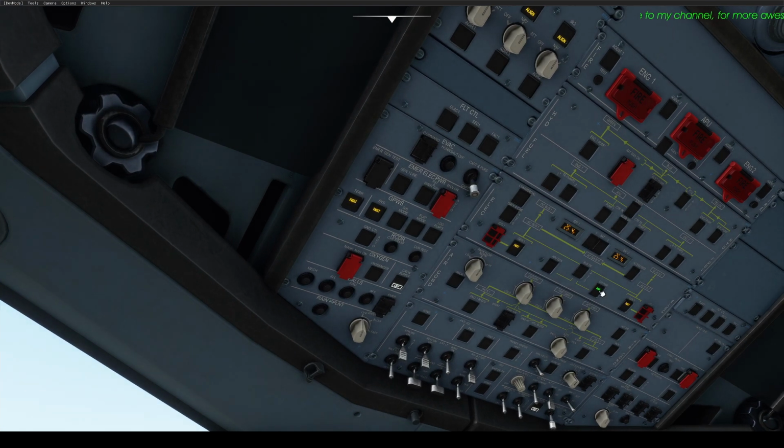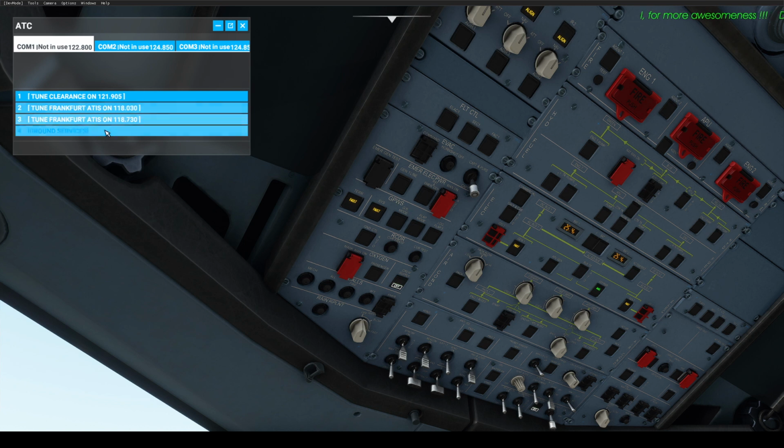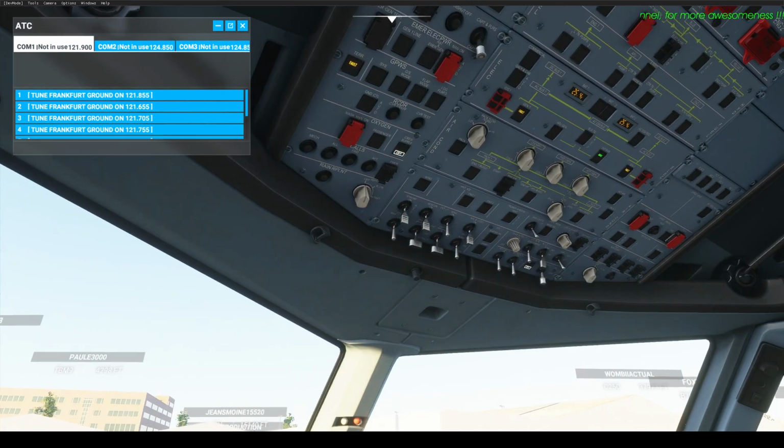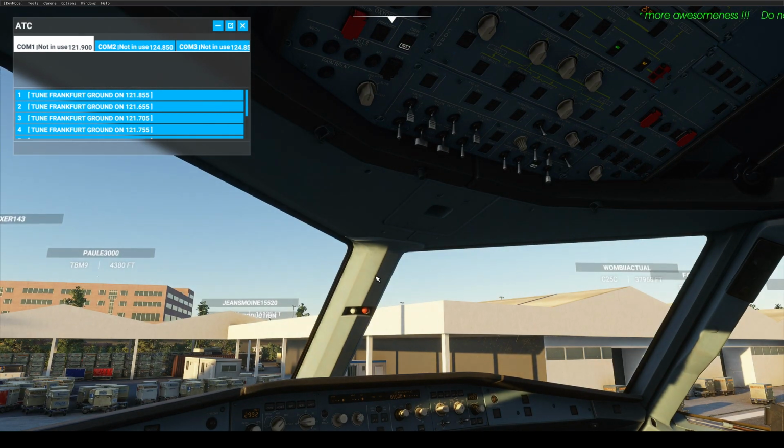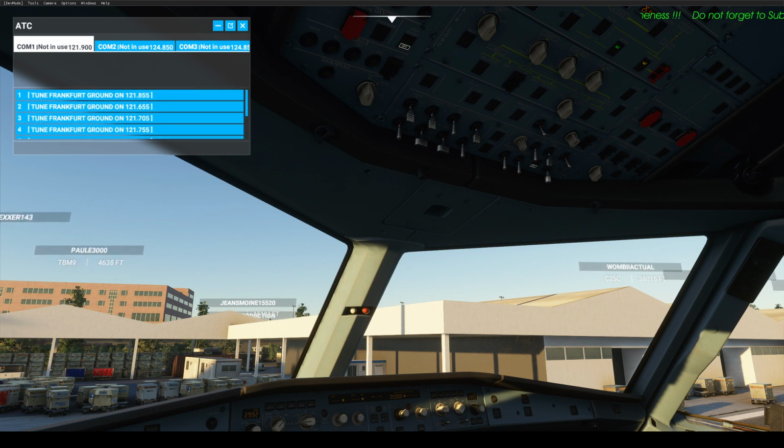And I see that we have external power, but normally let's tune the ground services right now. Let's tune on the Frankfurt. Let's see first. I have the delivery here, the EDDF delivery. Let's tune to this first. I'm also using the client from Altitude, the latest one, but instead